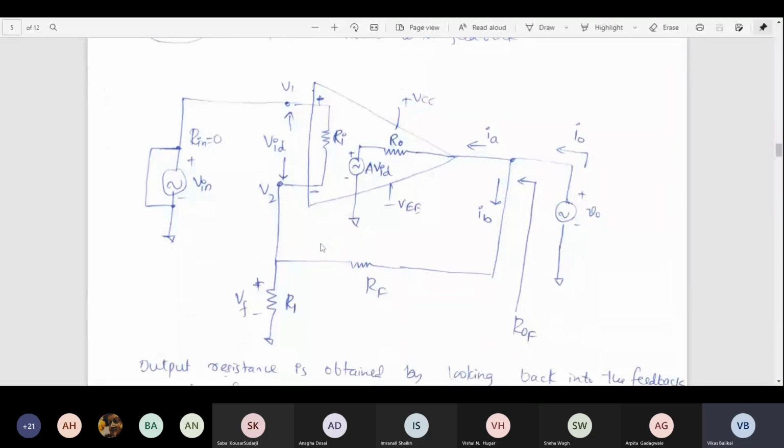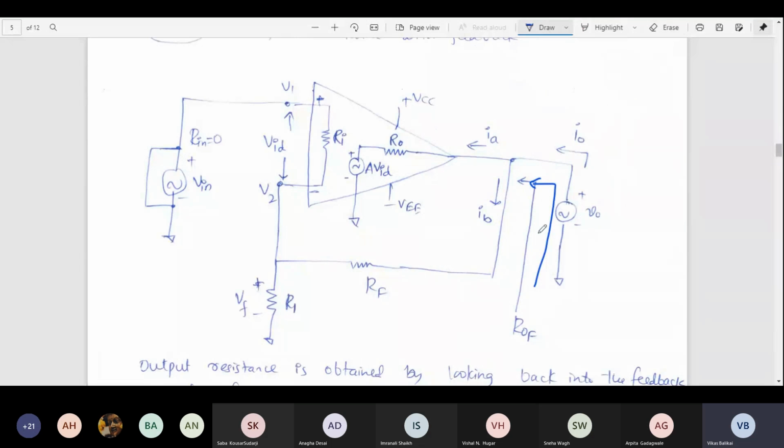So this is what the circuit diagram looks like. The circuit diagram won't be changed, but the only difference now will be that we will be trying to find the output resistance right from the output side. Now, in order to find the output resistance from the output side, at the output side we'll try to peek inside the circuit and see what will be the resulting resistance if I see from the output side. Whatever output resistance I'm going to obtain, that will be my final output resistance.